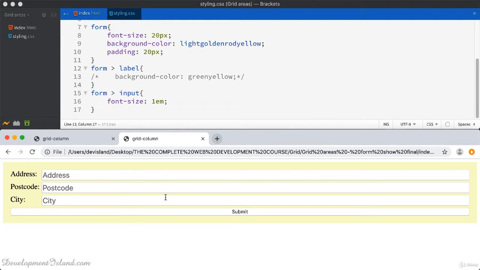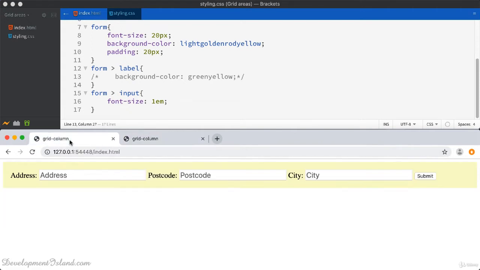So let's go ahead and build this by creating a grid container and controlling the dimensions of the columns only, then specifying the areas of the labels and the inputs using columns alone without having to look at rows. So